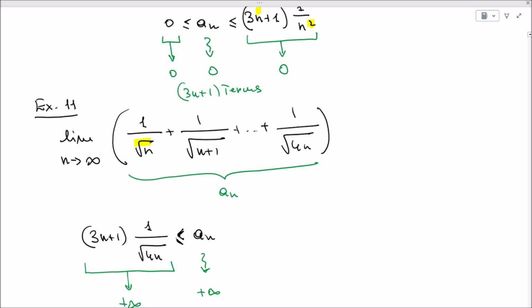I would like to find a sequence which is larger and a sequence which is smaller, okay? How can I find a sequence which is larger? We still know that the number of terms is 3n plus 1 and 3n plus 1. Now what I need to do basically is write a fraction here, which is the smallest of all possible numbers,